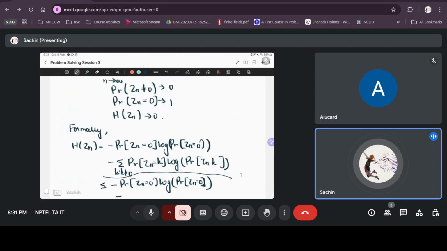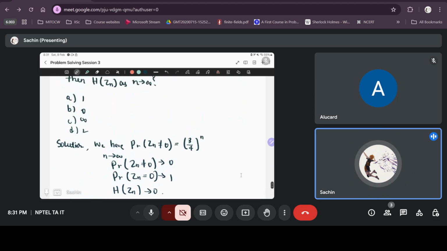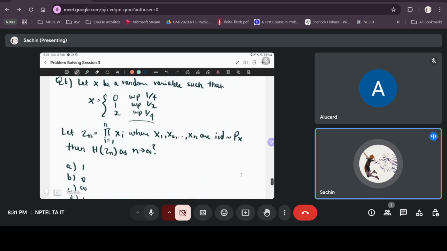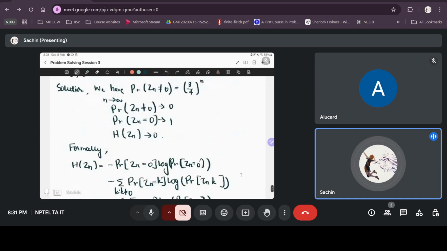Among all those sequences, the lowest probability sequence is a sequence of all 2's, because 2 occurs with the probability 1 by 4 and 1 occurs with probability half. So the least likely outcome is a sequence of all 2's, given that the value 0 does not occur. That's the lowest probability,